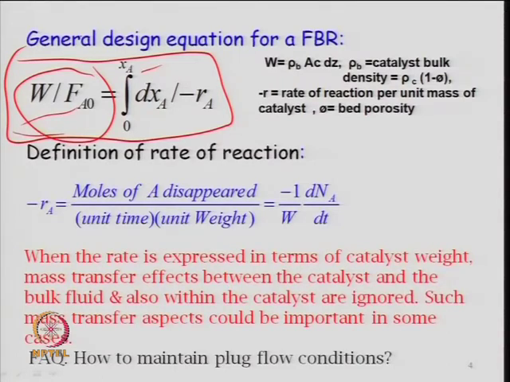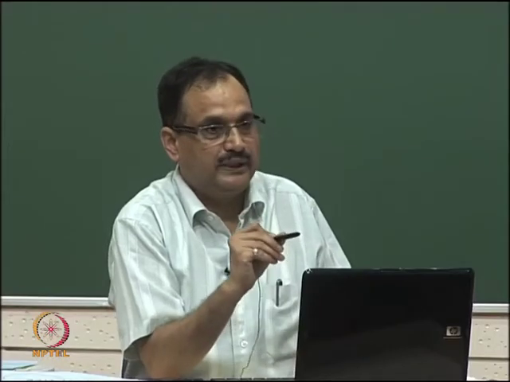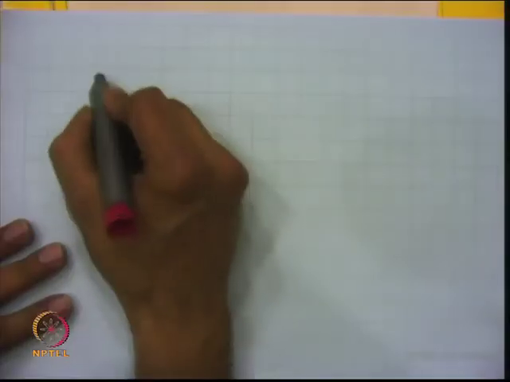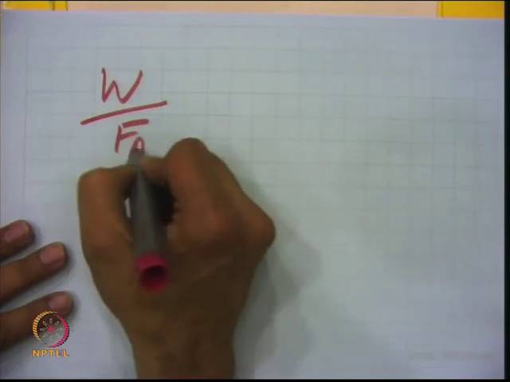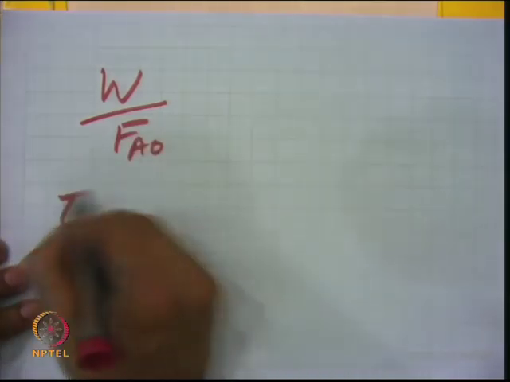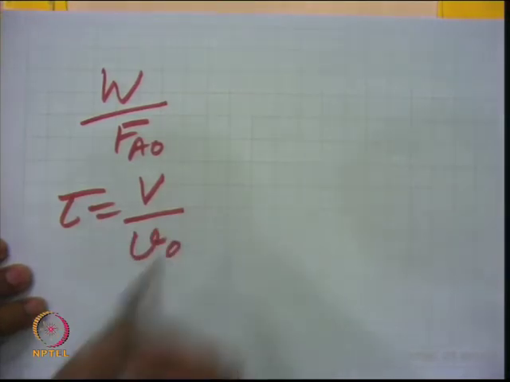So, in the larger reactor also you will have the same value of W by F A naught. So, it means now you can have a larger mass of the feedstock that can be passed through the reactor, right. So, W by F A naught, which in homogeneous kinetics you define as V by V naught, tau, right, space time. So, this is also a type of space time, right, and sometimes we call it weight hourly space time. So, this is another very important parameter which is used in reactor design, known as W by F A naught, which is a kind of tau, V by V naught, in the homogeneous reactor, right.